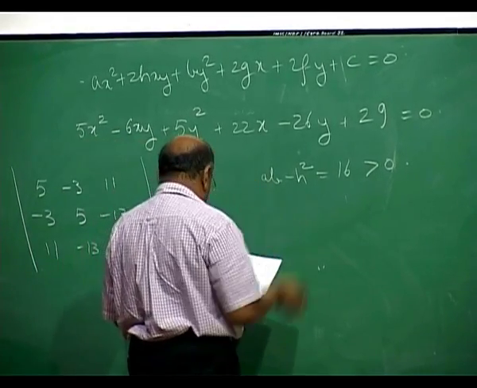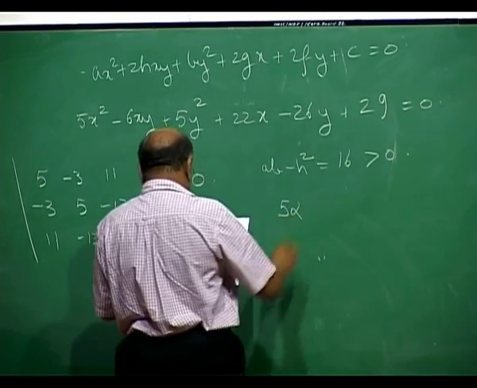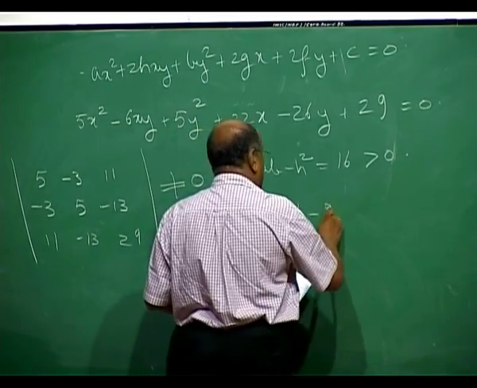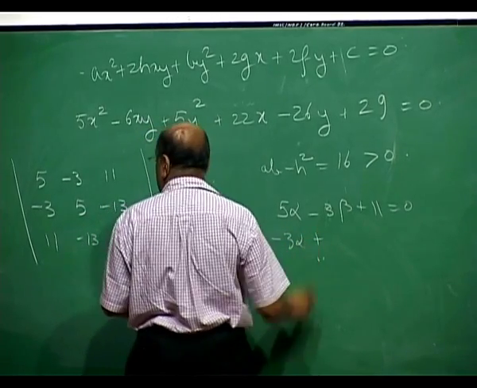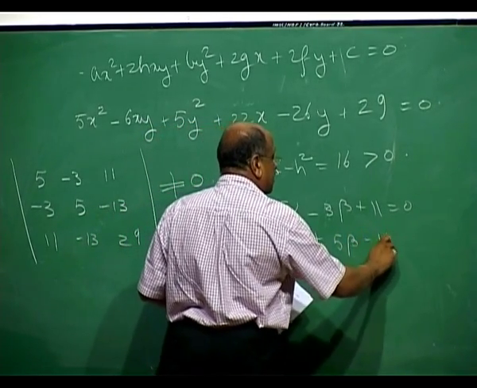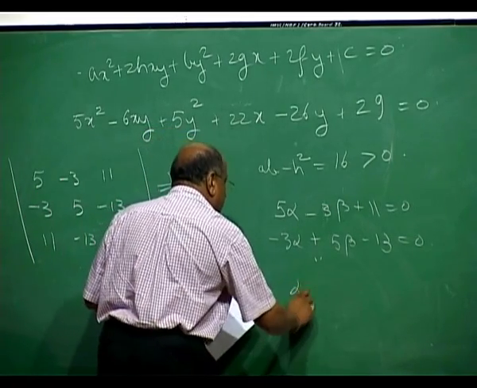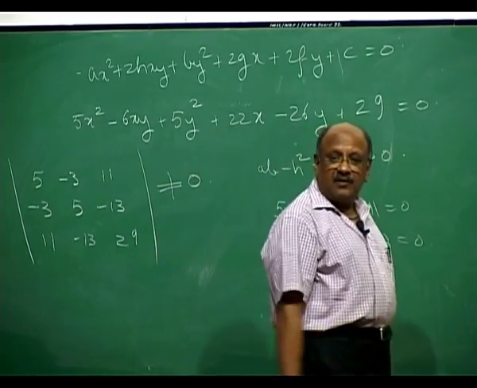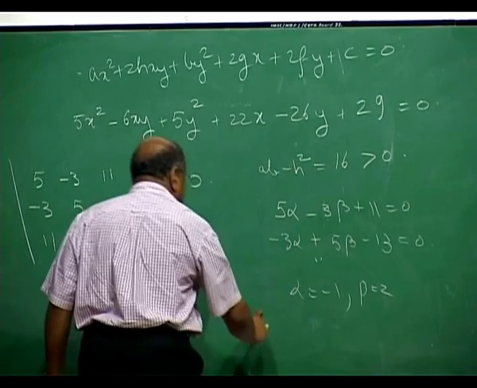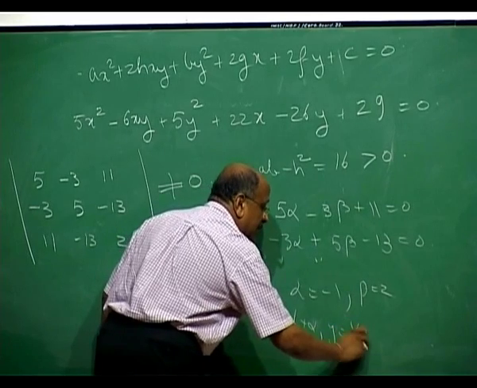So let us look at the equations 5 alpha minus 3 beta plus 11 equal to 0 and minus 3 alpha plus 5 beta minus 13 equal to 0. So this will give you the center of the ellipse. So you will get alpha equals minus 1, beta equals 2. So now you will change your coordinates, x equals x dash plus alpha, y equals y dash plus beta,